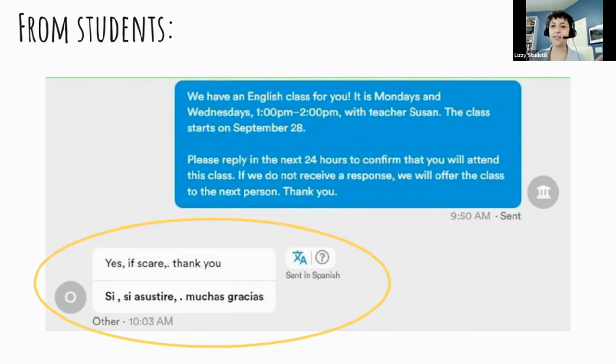But if for any reason you get one that is gobbledygook and you can't figure it out, this question mark button is what sends it to a person. So if you get a message and you don't know what they're trying to say, you click on that and one of Talking Points' human translators will review it. They also get the immediate previous message, so they have the context of what you were asking to help inform their correction. And they usually get back to you within 24 hours. So it's pretty quick. They try to be quicker than that. The longest seems to be about a day. So you're able to get some extra help if it doesn't make sense.